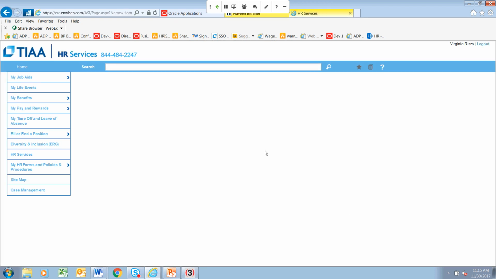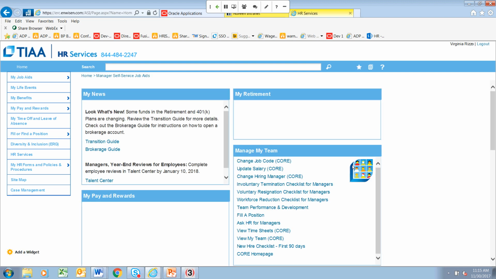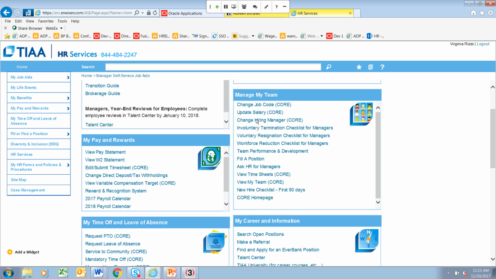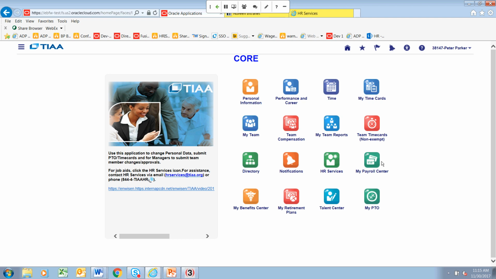And once you log in to the HR Services portal, you can, under Manage My Team, click on the CORE homepage link. Once you click that link, you will be routed to the home page of CORE.